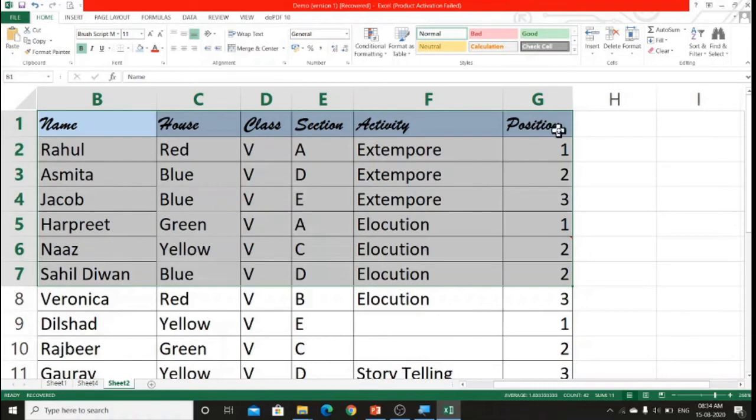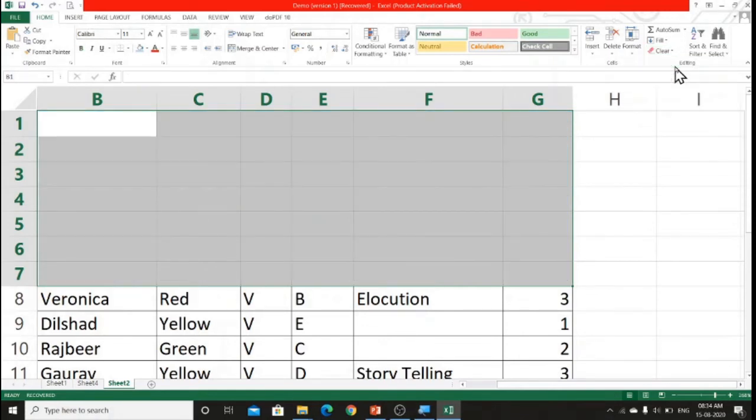Okay, so for that I've selected the range first and then I'll go to clear option and I'll click on clear all option. As soon as I click on clear all, everything from this selection will be cleared. Can you see? As soon as I clicked on clear all, everything from here has been removed.